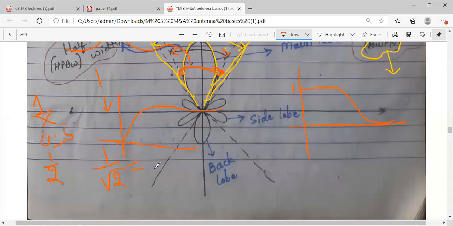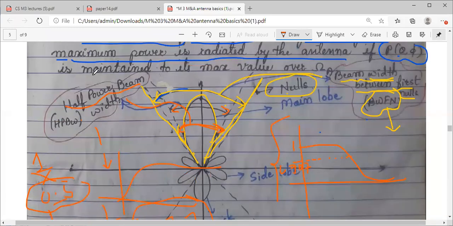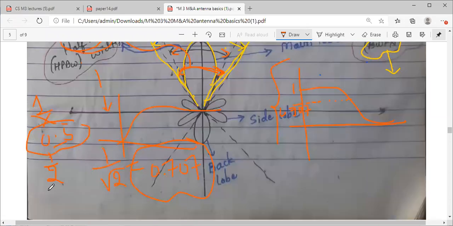You can check it in the calculator. It comes up to 0.707. So there's a difference. Half power means it is not 0.5, it is 0.707. Whatever the maximum value of the output is, it will get rolled off and reduced to 0.707, 1 by root 2. I think you have marked that line in the frequency response curve many times, that is the 0.707 line. Remember, whenever I talk here in antennas in terms of half power, it is not 0.5, it is not 1 by 2, it is 1 by root 2.